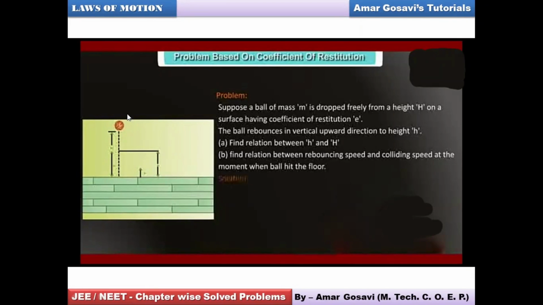So just imagine when the ball is moving, it is about to hit the floor, the height through which. So you are going to use the kinematical equation: V square is equal to U square plus 2AS. A means G in this case, because acceleration due to gravity, and S will be capital H. U is 0, so that V would be, you can see, root 2GH. I'll just show you. So we want to use the kinematical equation of motion. All right, just give me a moment where I show you how we work out such kind of questions.